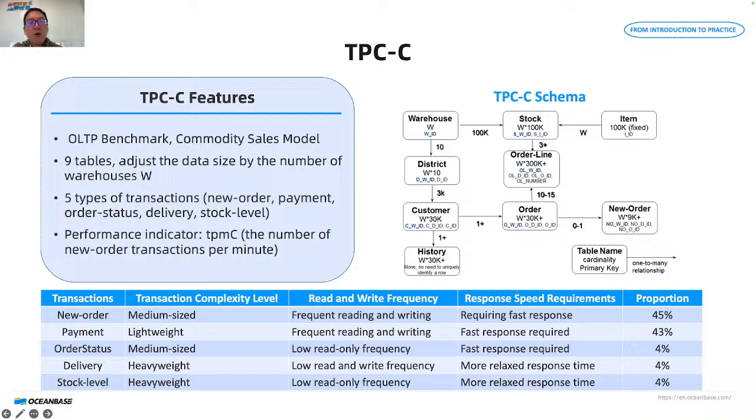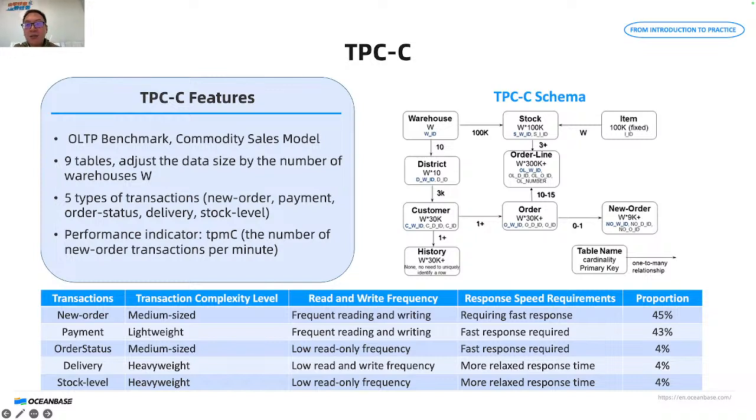Another important OLTP performance test is TPCC. TPCC is a benchmark test for OLTP launched by the Transaction Processing Performance Council. Since its release in 1992, TPCC has become one of the standards for evaluating database transaction processing capabilities. TPCC simulates a